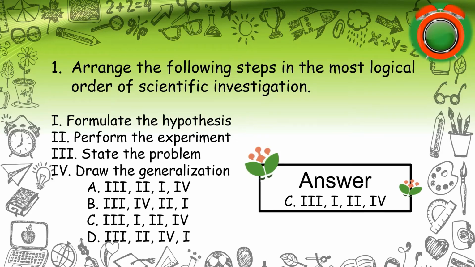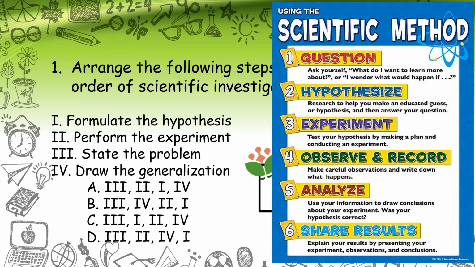The correct answer is C. 3, 1, 2, 4. Using the scientific method, you've got to first state your problem. That is your question. And after that, you formulate your hypothesis. These are your educated guesses of what's going to be the answer to your question. And then next, you will have to conduct the experiment to test whether your hypotheses are correct or not. Then you've got to observe and record your data. When you already have the data, you analyze so that you can draw conclusion or generalization before you share your